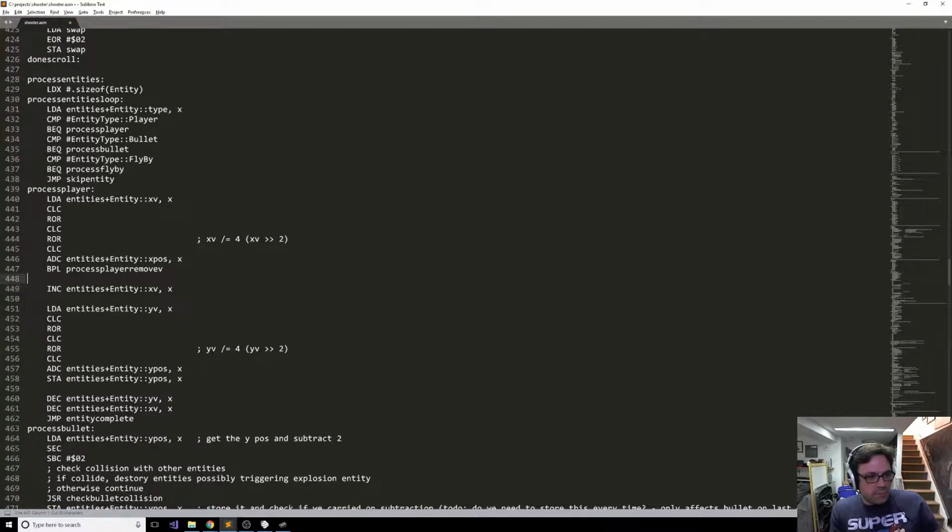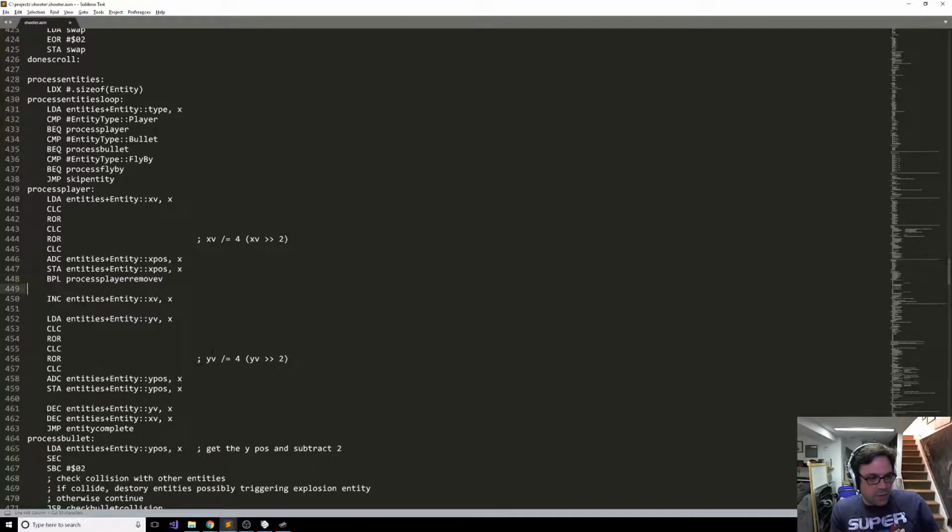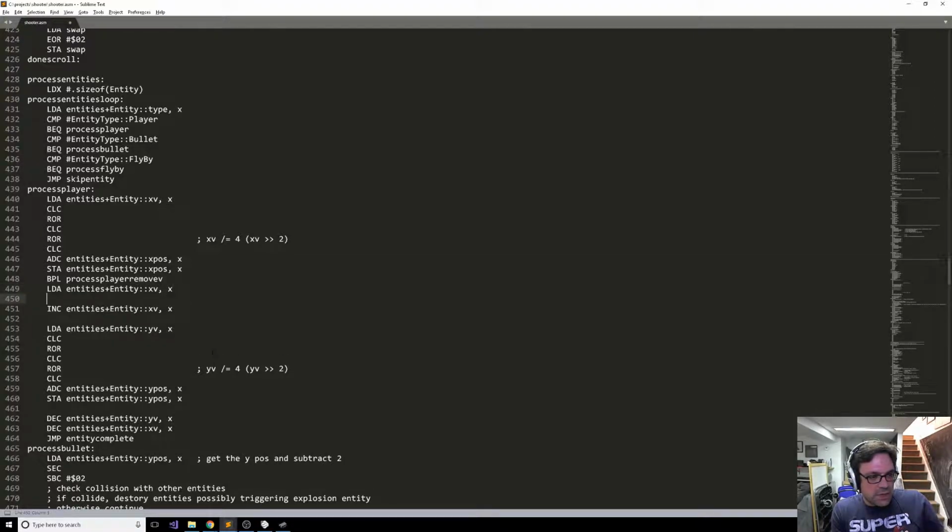First, we got to store this regardless of what we do with the velocity. And then I was thinking we didn't have to load A with the velocity again, but we do because we're adding. So we're loading A with the velocity,